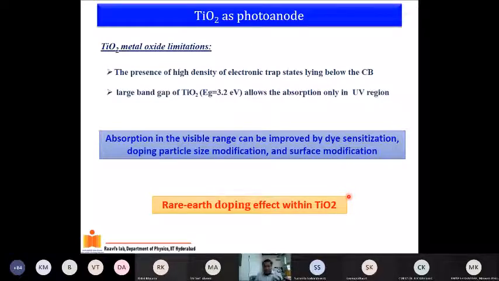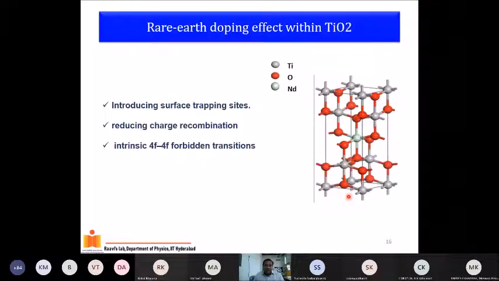So color from rare earths has been exploited very variedly in various applications. So we just thought, why don't we try with this titania? In fact, there are works on titania, but all the works presented till now, at least based on the AD, are very limited to 1 or 2 measurements. So in this paper, we tried to do all that is required to understand why titania, when doped with rare earth, has improved its properties. Okay, so let's go about it.